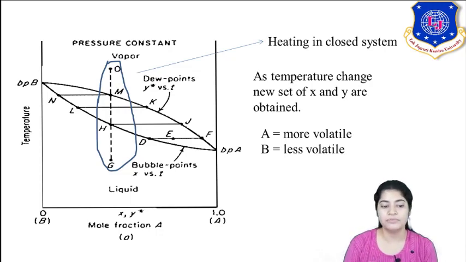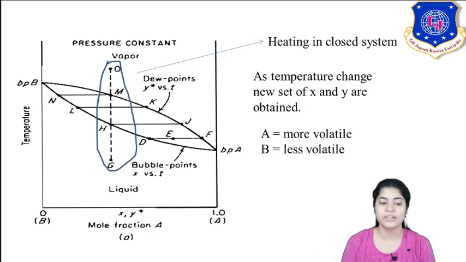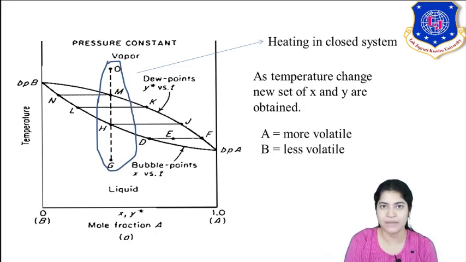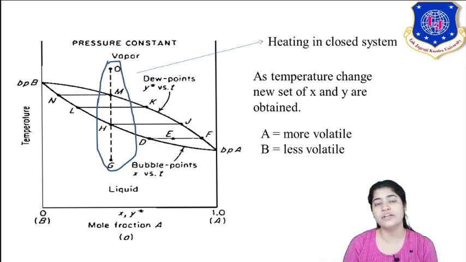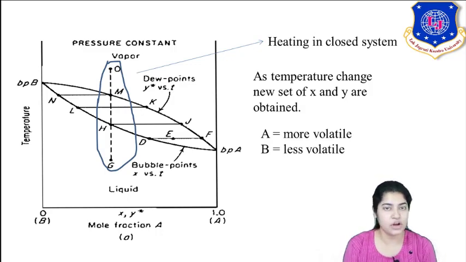Now between M and H, the closed area between those two curves, shows a two-phase condition where your vapor and liquid exist together. And you can see as I am increasing the temperature, my vapor is generating more. So now it is a two-phase region. You can see here temperature is not constant. From H the temperature might have been different, now at M the temperature is different.